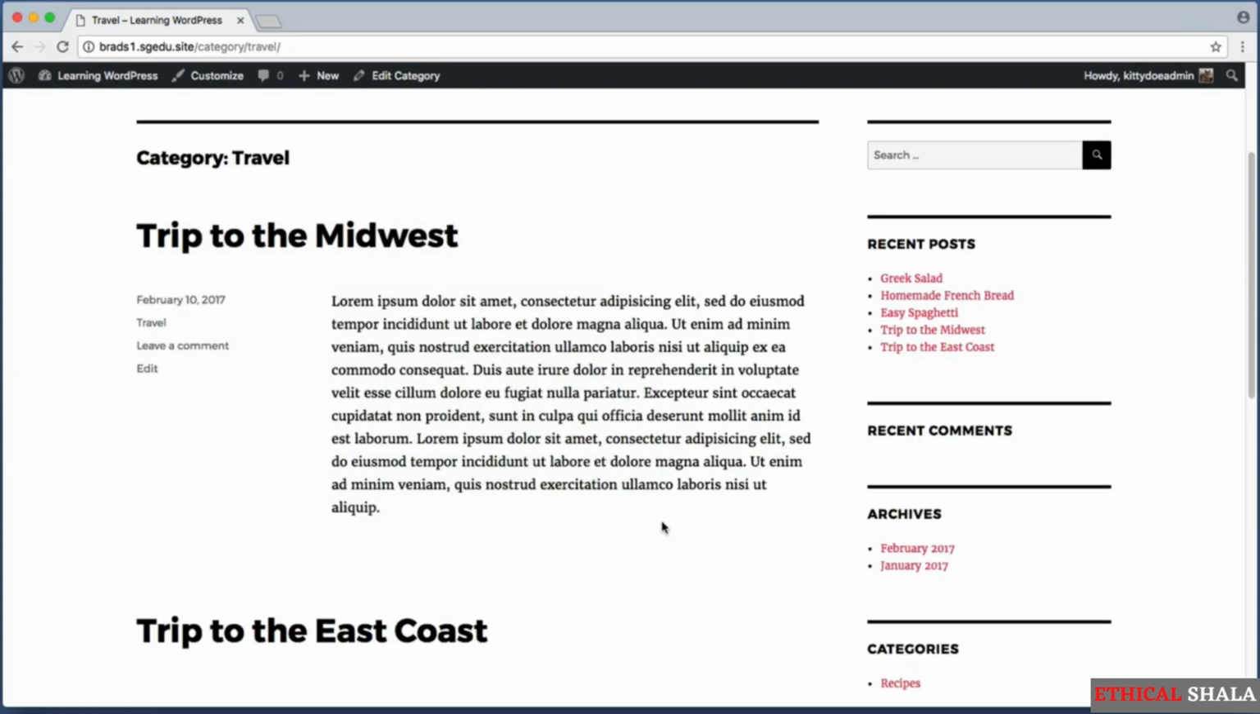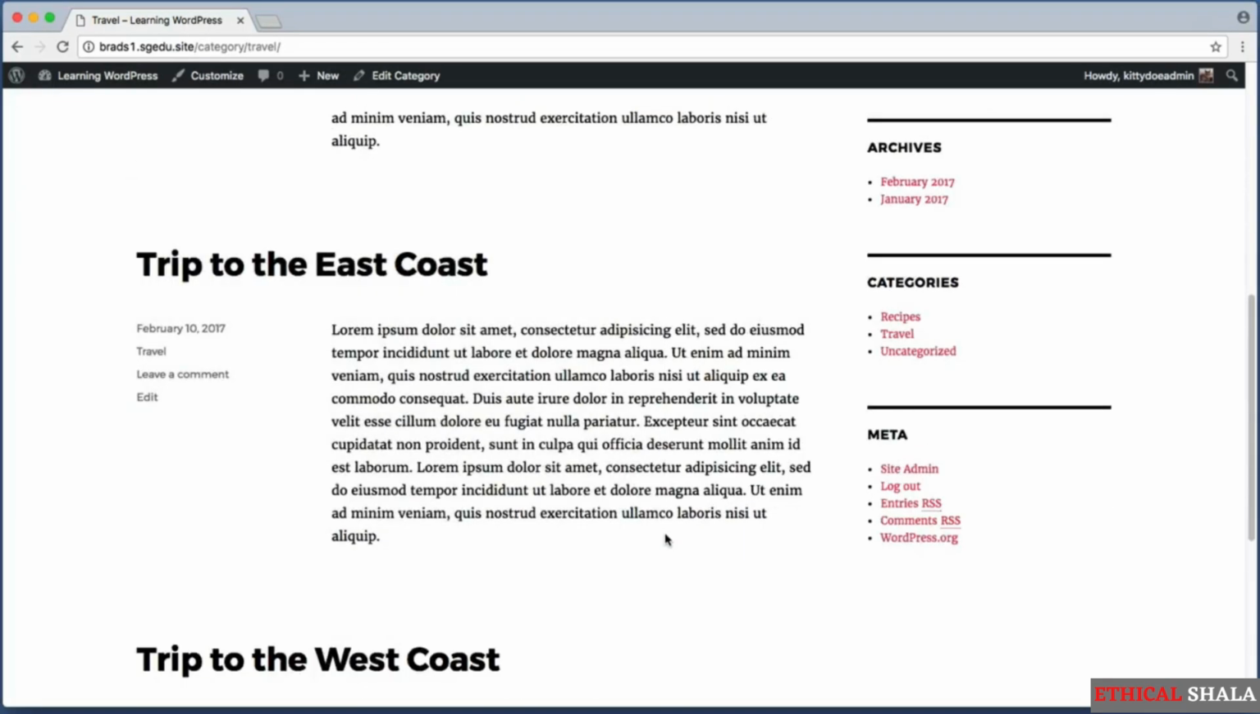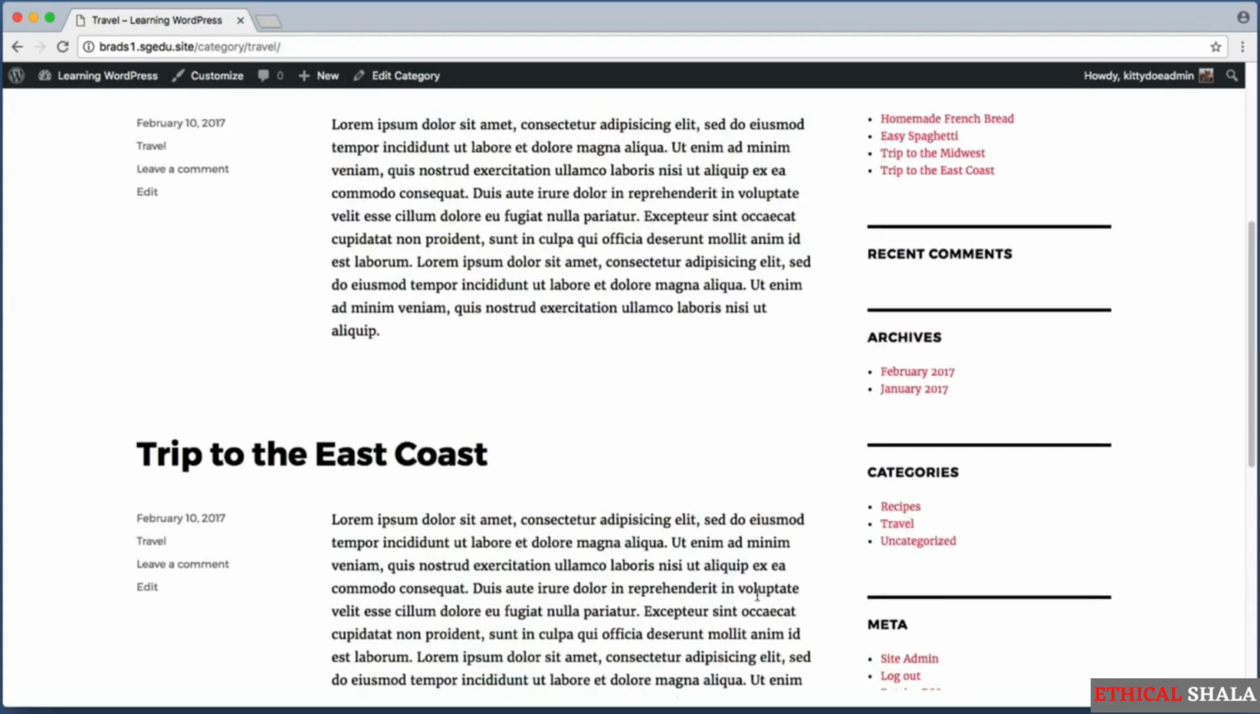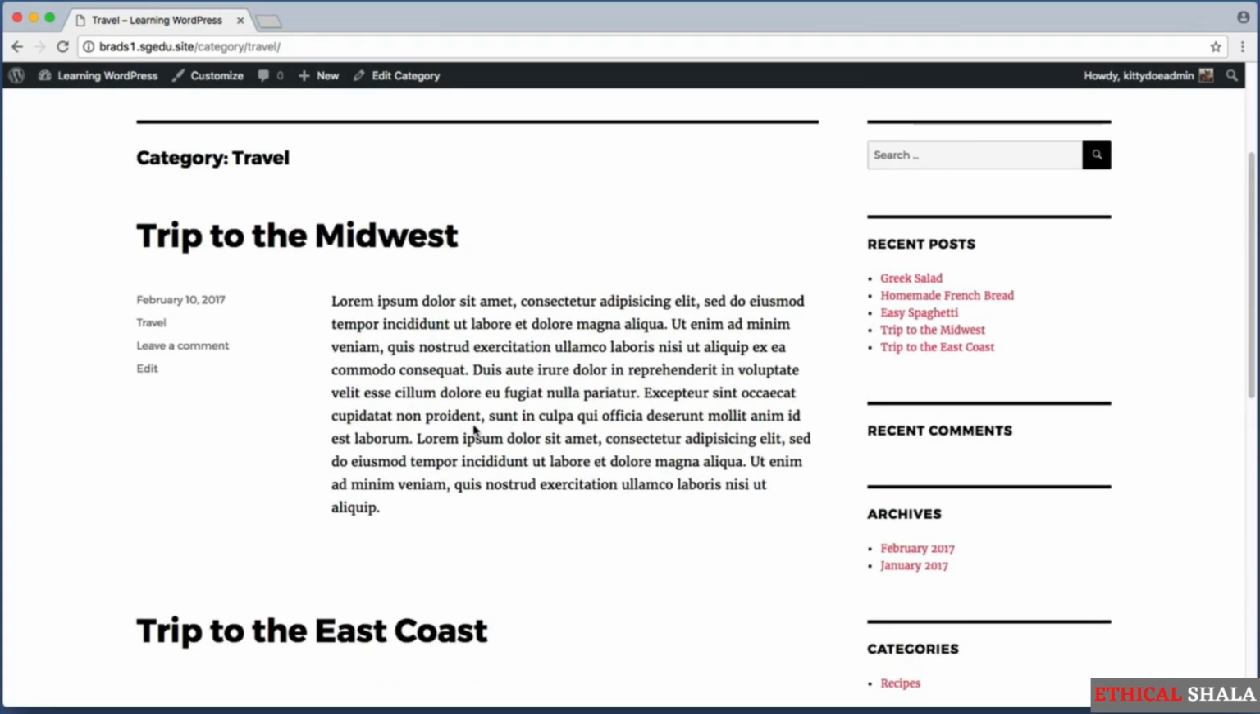So here we see the first post, and then the second post, and then the third post. And currently this content looks a bit boring. I think it would be better if we included a photograph for each post right about here. Now in previous lessons, we already learned how to add photographs within the content for a page or a post. Now while that is certainly a valid way of adding photos to your content, in this lesson I want to